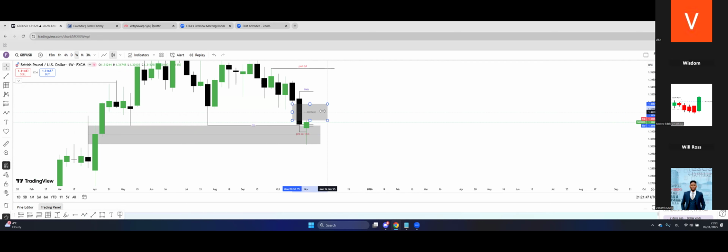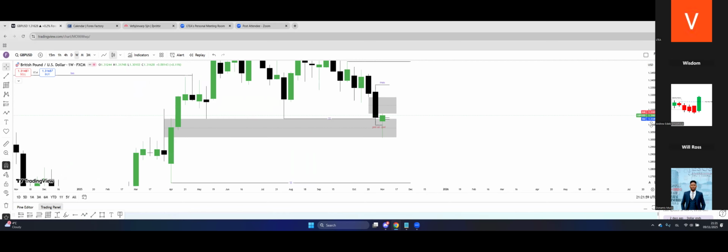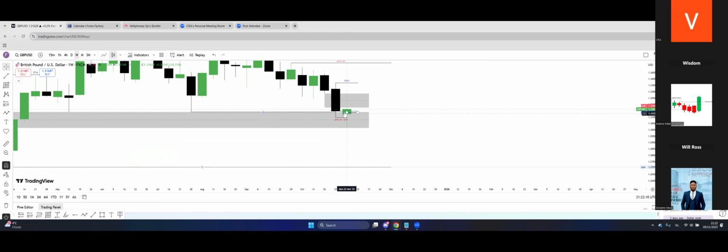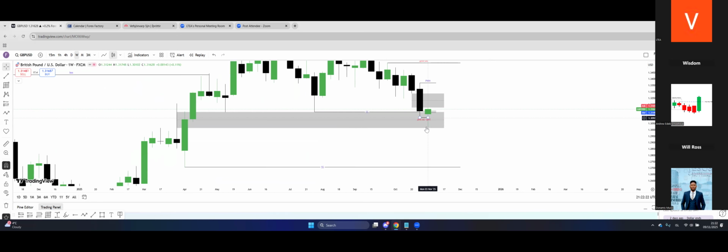So we have weekly inefficiency. Remember, previous week low has been taken, and basically the previous 2 weeks low has been taken, and we have this current price action now. And this candlestick, this is a hammer, right? It's usually a sign of reversal. You can see how sellers push price down and buyers push it back up. So what did they do? They push price to what? Equilibrium, basically to where they agree on price before buyers took this market higher.